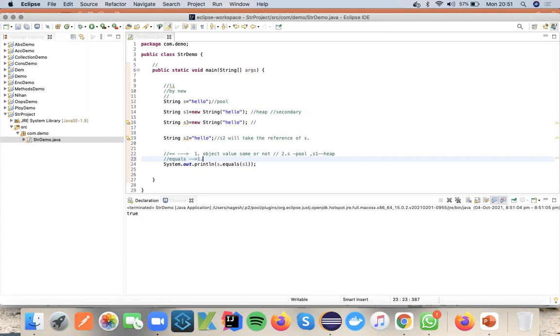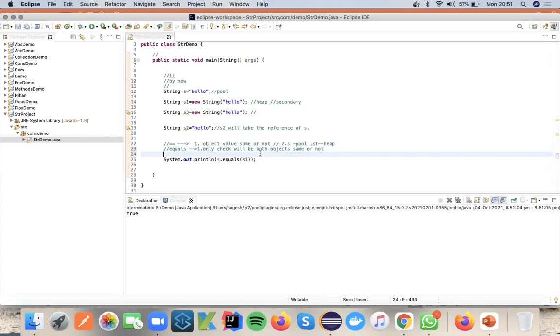So here is the major difference, very important. Here the only check will be whether both objects are the same or not. No matter whether they are in the same memory space or different memory space, the only check is whether both are the same or not. Okay, so that is the one.